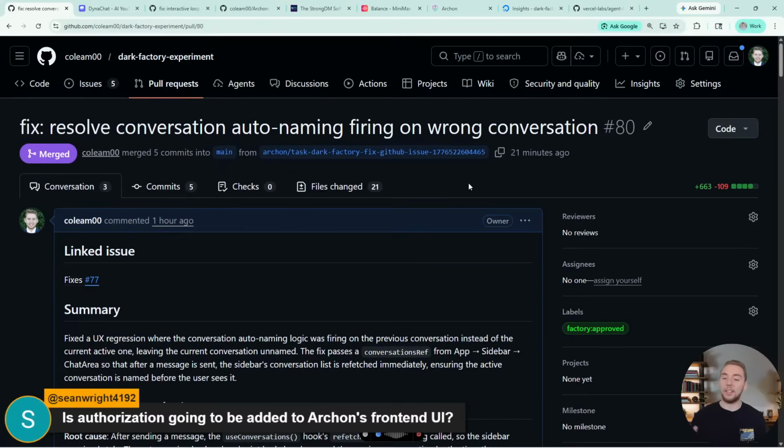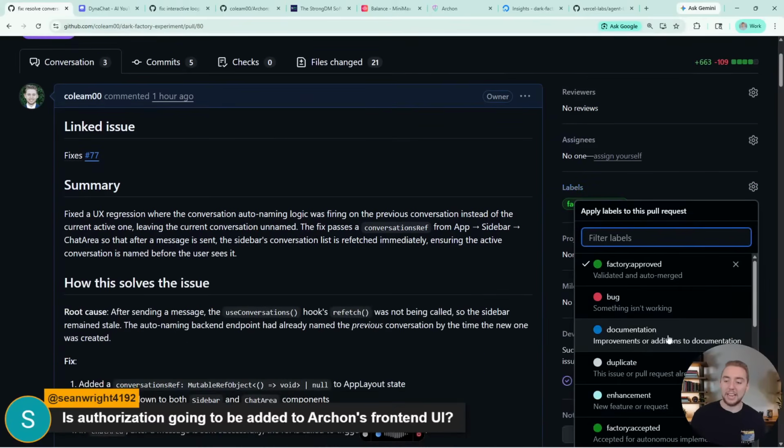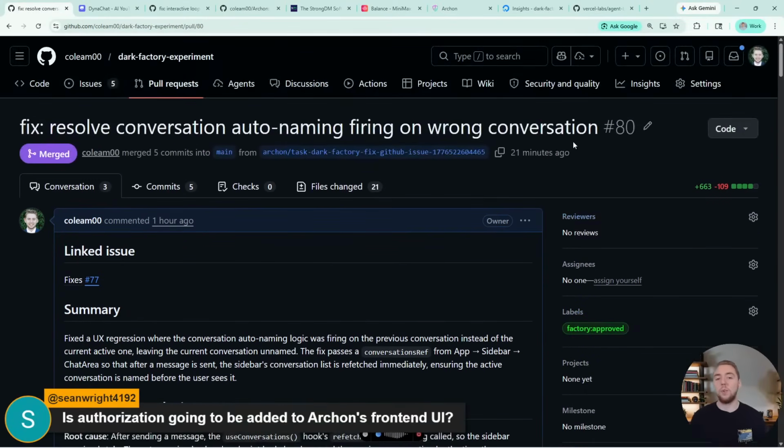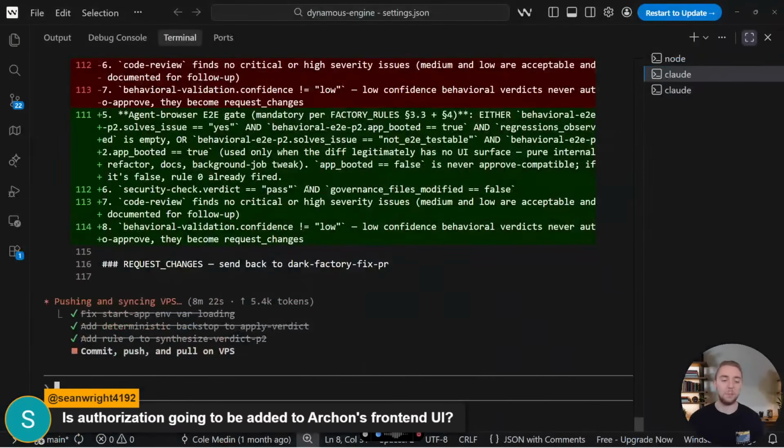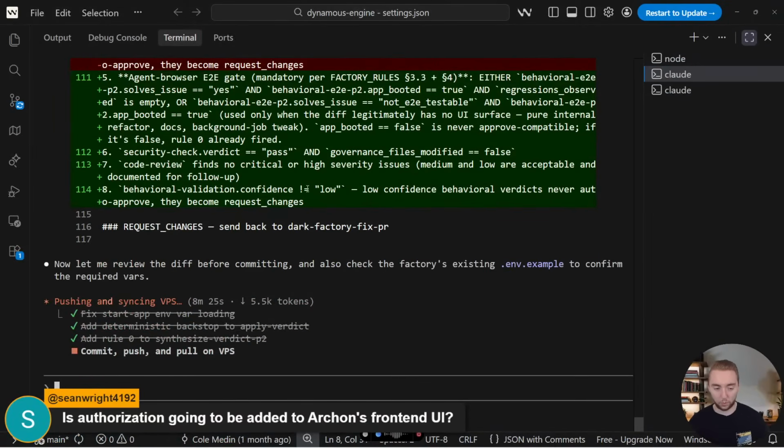And I think the reason we didn't catch that is because there was a failure in the workflow starting the front end, and so we never got to do our full agent browser automation validation. So what I need you to do is undo the commit, undo the merge into main, open the pull request again, add the factory review tag back, so take away the factory approved, and then start the orchestrator again in order to redo the validation. Then monitor the workflow to make sure that we do spin up the front end successfully. We're doing full user testing, full browser automation testing. It is not acceptable to skip past that. I need this entire workflow to work.